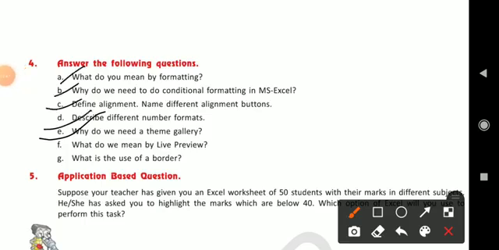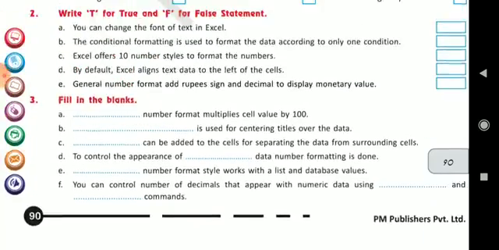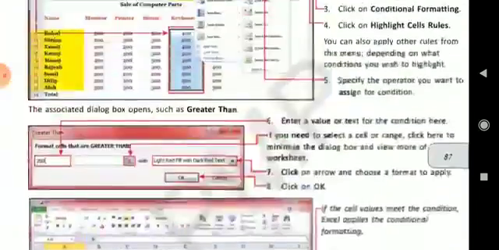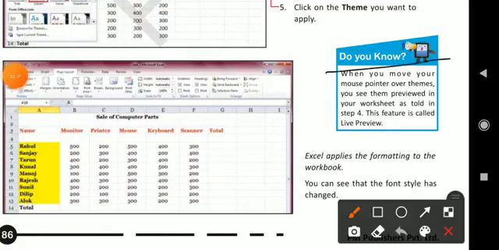Now, what do you mean by live preview? When we click on a theme, we see the preview of that theme, which is called live preview. Again on page number 86 you will get the answer. When you move your mouse pointer over themes, you see them previewed in your worksheet.